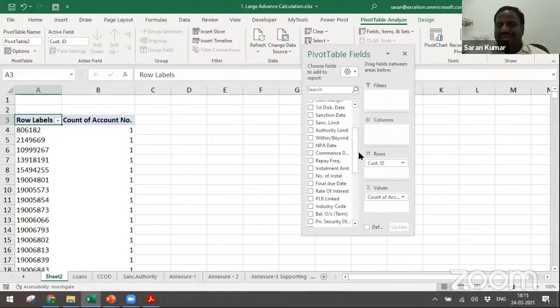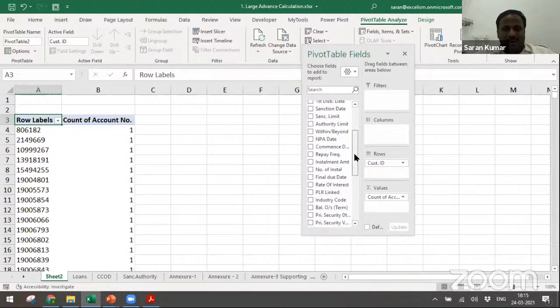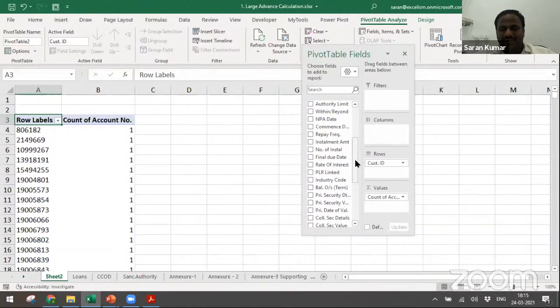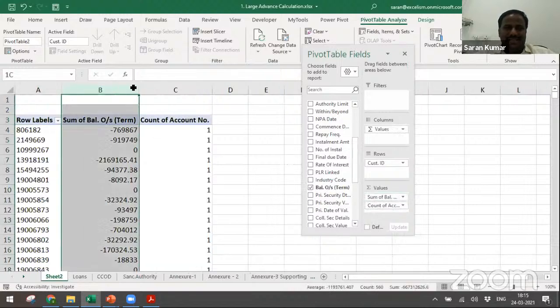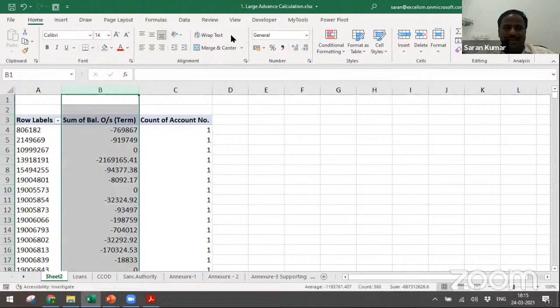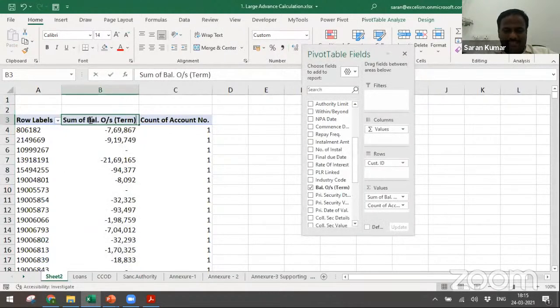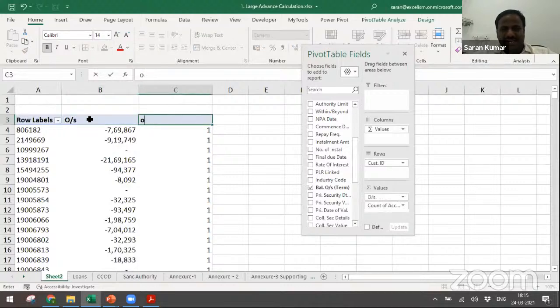maybe one customer can have 7 facilities, but all put together is not even 5 lakhs. Are you going to waste the time looking into that customer? No. So that's the reason outstanding always helps you to make your sample size bigger and to support your materiality concept. So let me take the outstanding of this. I'll just keep the outstanding here and I'll just keep the number of accounts. Let me keep just the comma format, 0 decimal. This is just the outstanding and this is nothing but the count.